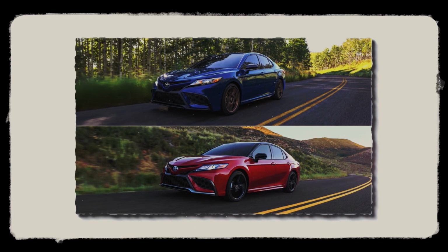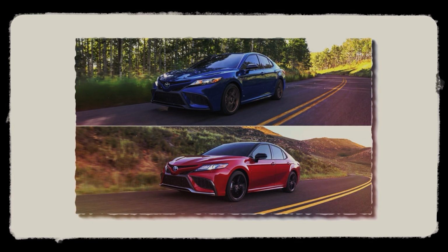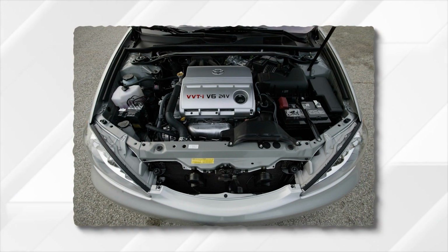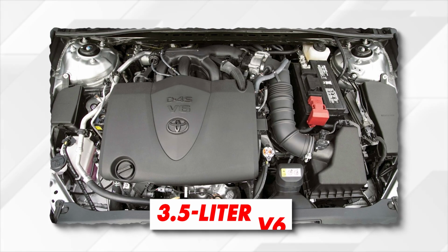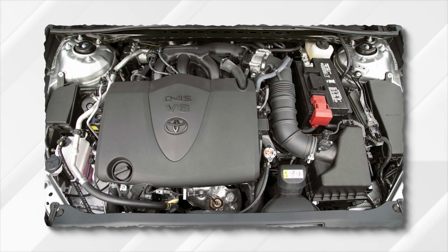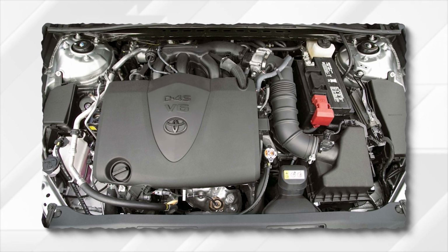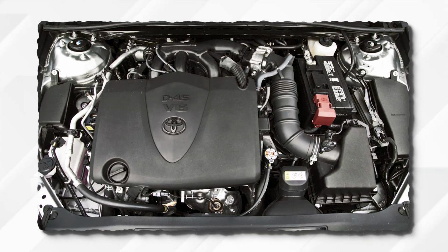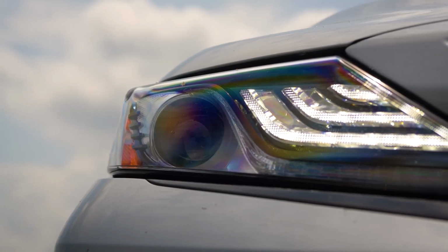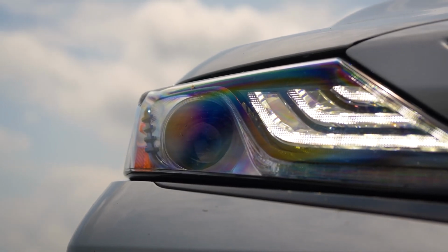Whether you pick the gas or hybrid version, you won't go wrong, not even with the base inline-4 unit. Another major reason why the Camry has made it to our top 10 list is the optional V6. The good old 3.5-liter V6 is an endangered species in today's world of downsizing, turbocharging, and electrification. This is probably your last chance to get one of these, because the upcoming generation won't be offered with this